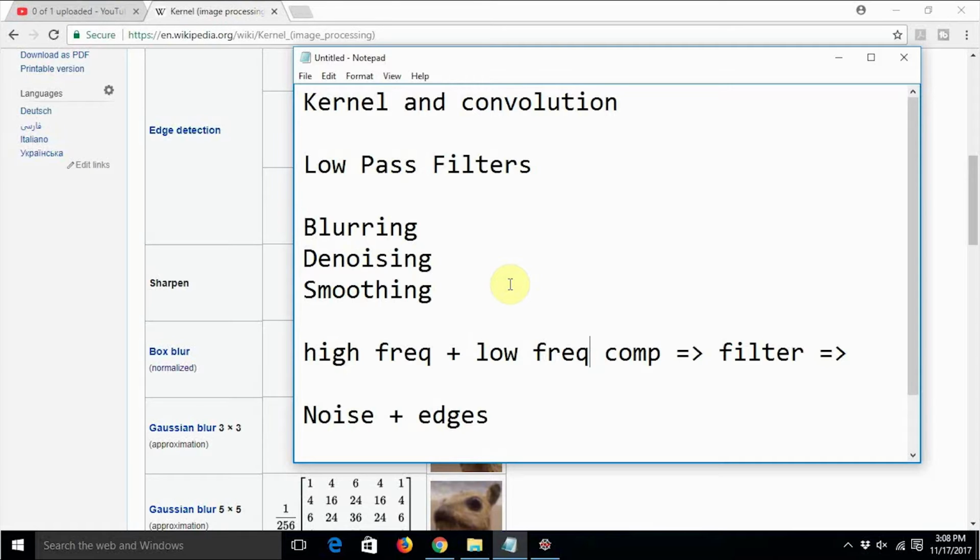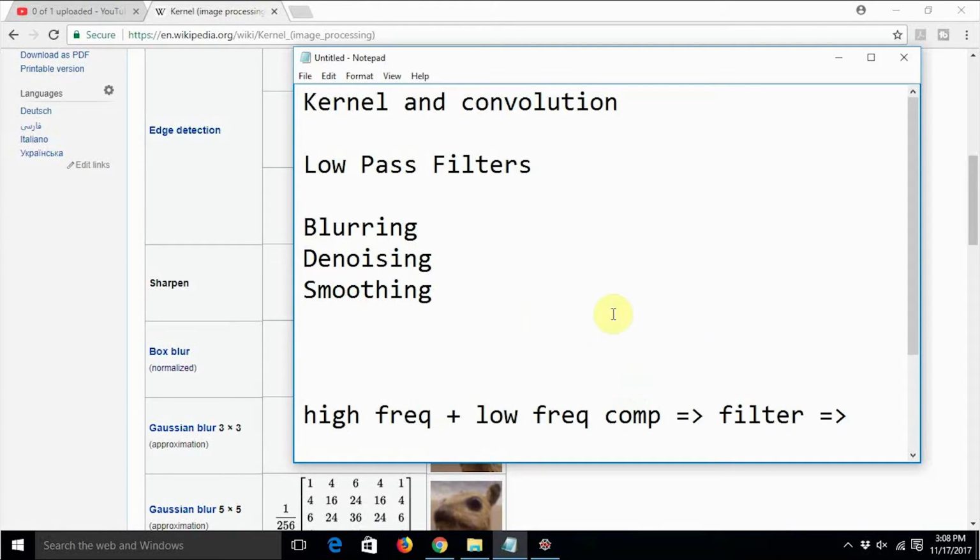From the definition of signal processing, we need to understand what low pass filter is first. So we know that an image is nothing but a signal, and we use matrix form to represent it in a computer. Any signal has got two components: one is high frequency component, another one is low frequency component.